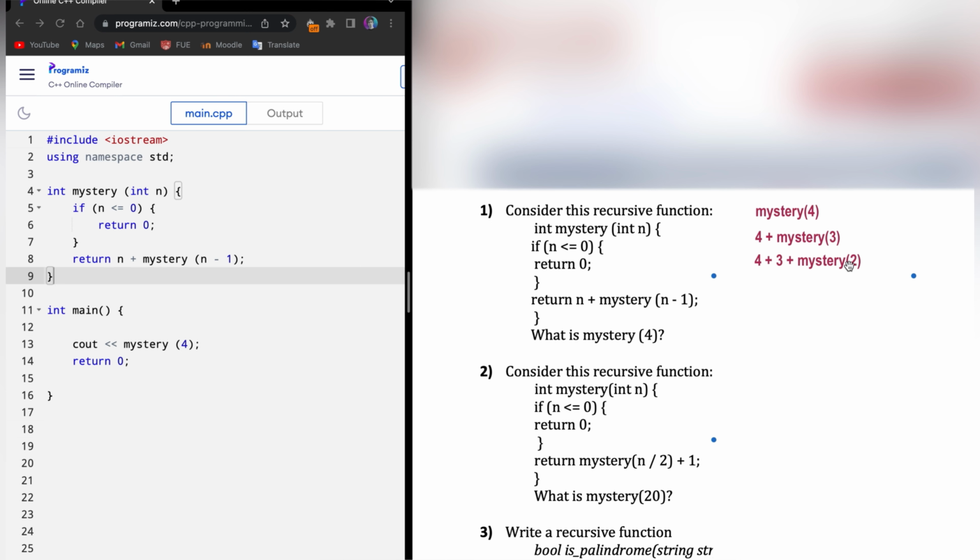Then mystery of 2, now n equals 2, then check if 2 is less than or equal to 0, it's false, so it will return n, which is 2, plus mystery of 1. So both 4 and 3 will remain the same, and the output of mystery of 2 will equal 2 plus